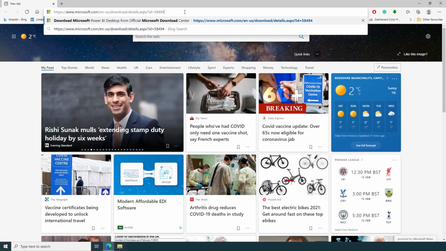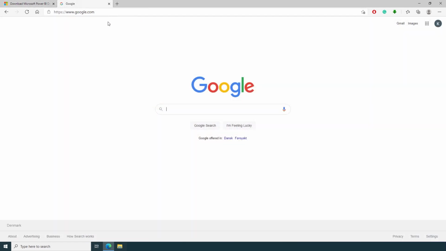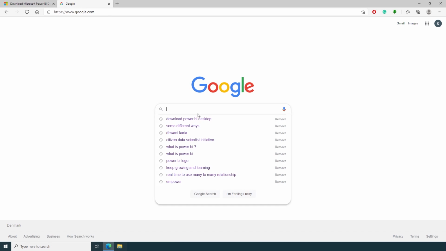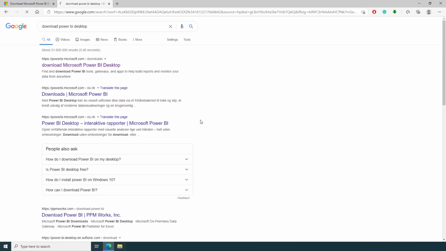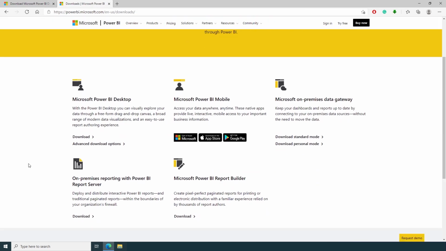You can just type this URL address. Here we have a download page, and if you want, you can also Google "download Power BI Desktop." Here we have a result, Download Microsoft Power BI Desktop. And we have two options here, download and advanced download option.